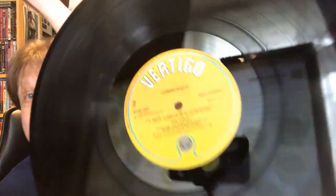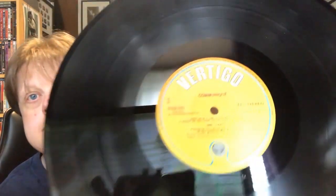And again, this has got the original inner sleeve. And you put the record in a separate one, which is poly-lined, so that's handy. And that's on Vertigo. Very flimsy vinyl. Yeah. But that was quite typical of that time. This was originally bought, as you may have spotted, in Virgin for £6.99, and I paid £7.99 for it, so